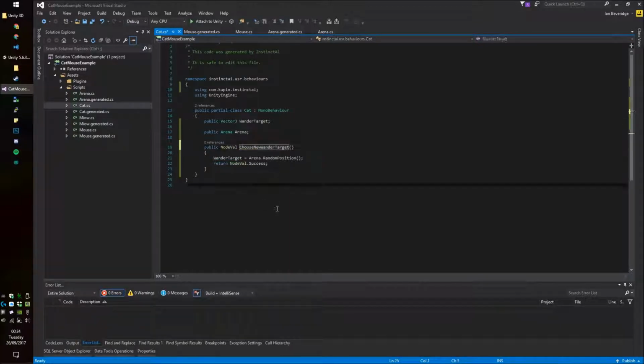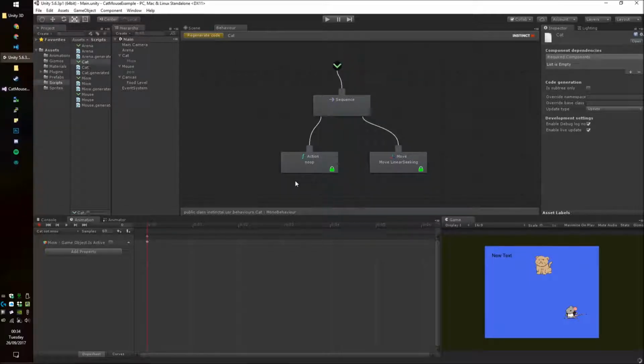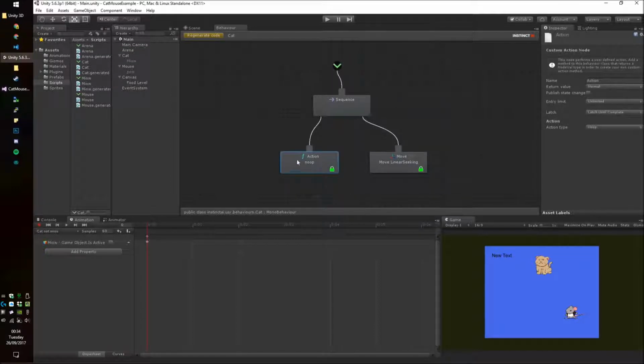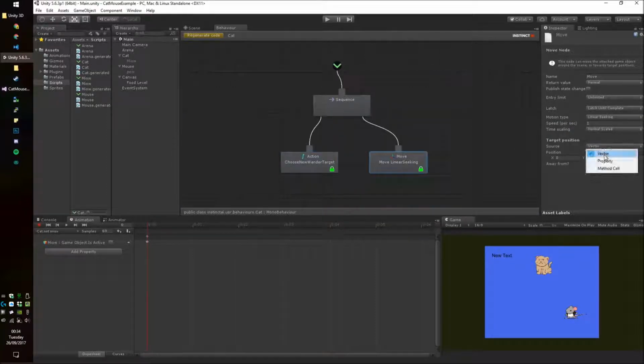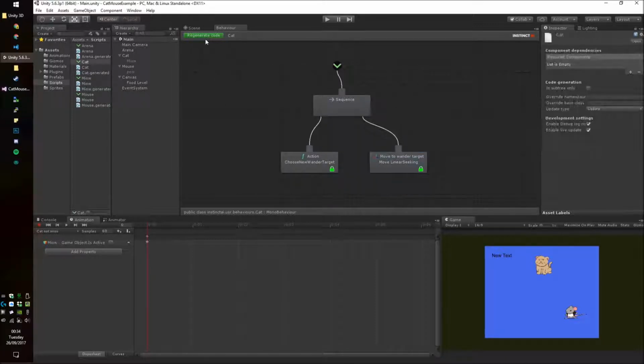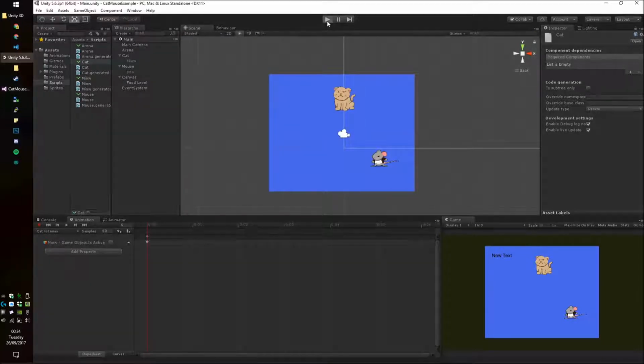So he's not idling, he's wandering, because he's a cat. So back in here, we are going to wander, choose a target, and we're going to move towards it. And we're going to do that slowly. We generate code, hit play,